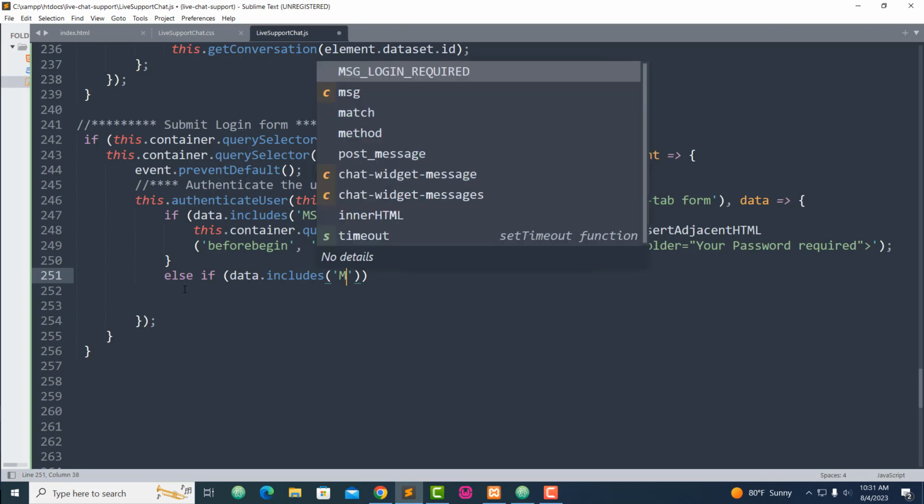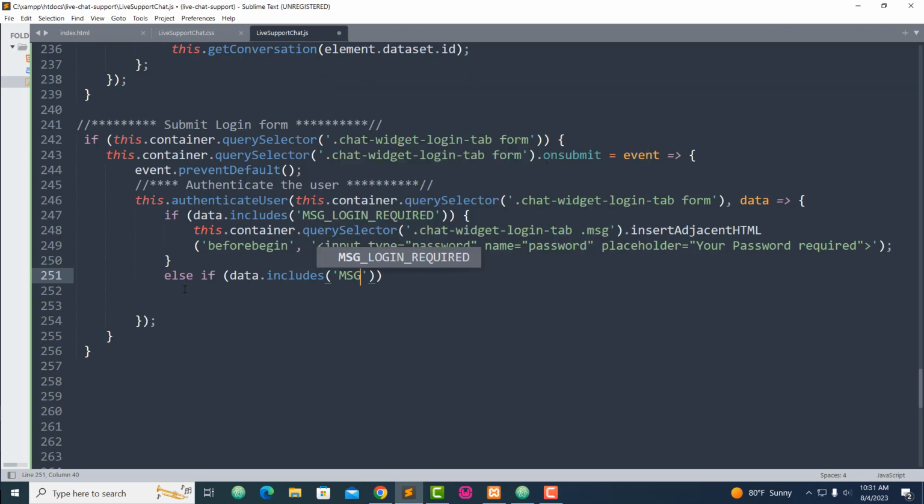Okay, message. Now create success. In case the message create success, let's say the authentication is success, now we have to fetch the conversation. To fetch the conversation,